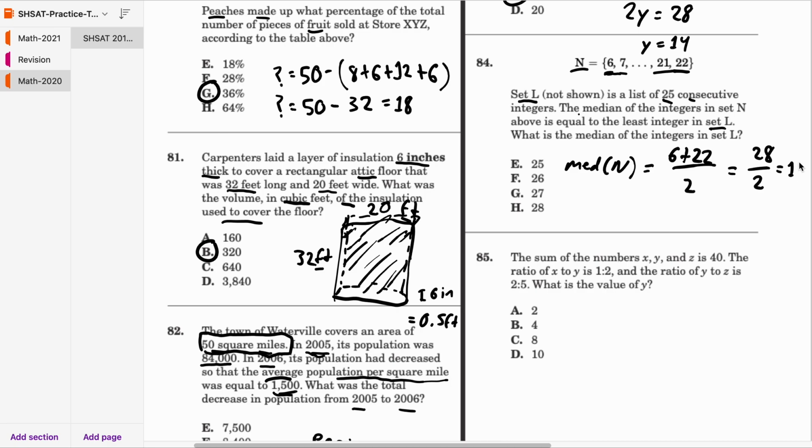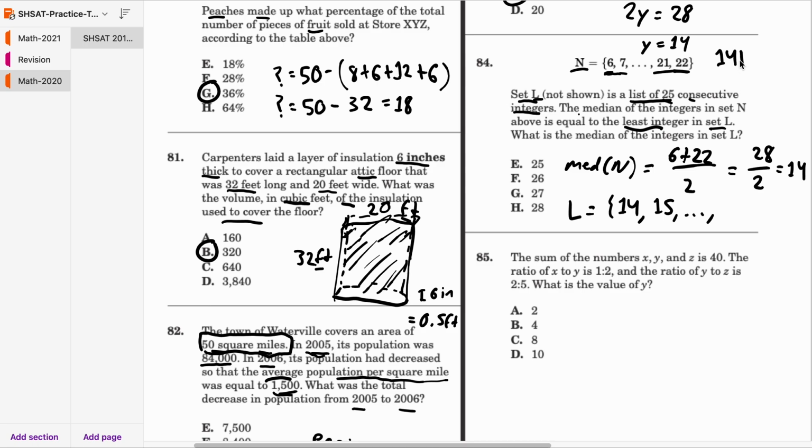So this is 14. That's our median, and that median is equal to the least integer in set L. So set L starts with 14, and we're also told that set L is a list of 25 consecutive integers. So it's going to go 14, 15, 16, etc., and then up to